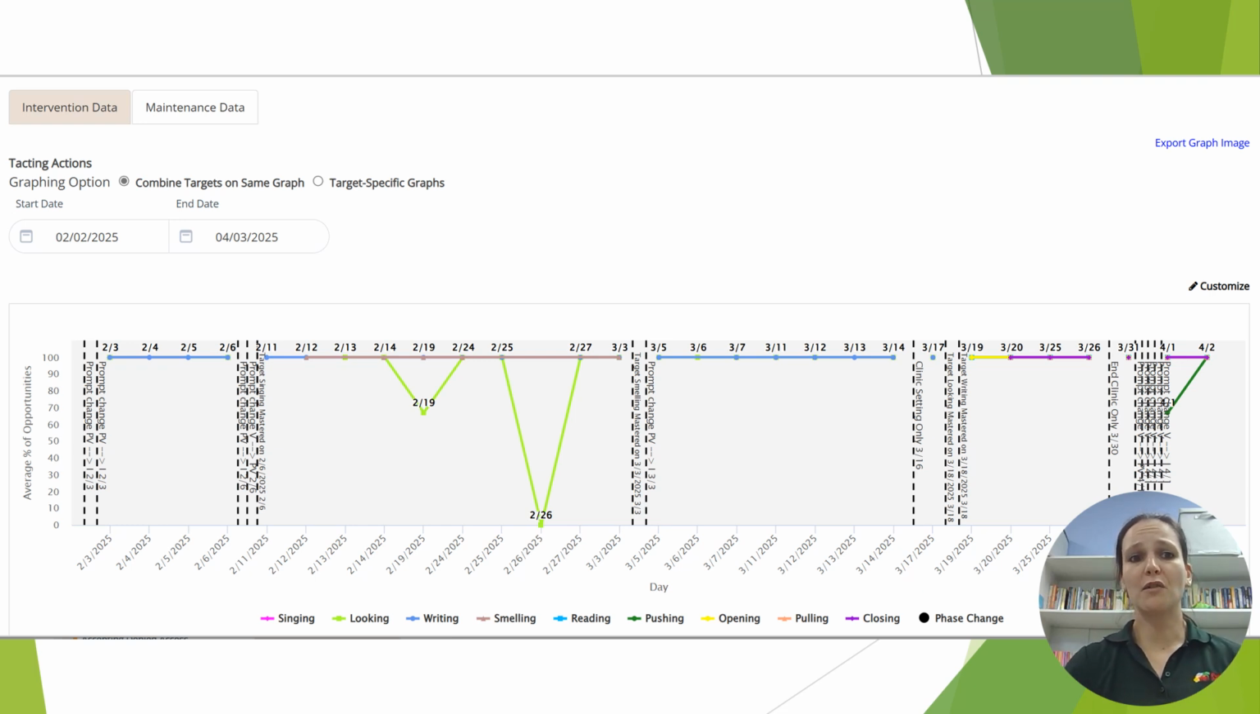And there's even an option too if you wanted to. So this one, as you can see, has the option selected to combine targets on the same graph. That's why we can see all of them. If you want to split it up, because that is hard to see, if you selected the option that said target specific graphs, that would show only one target per graph. So for instance, singing would be its own graph. Looking would then be its own graph. Writing would be its own graph. If you want to really break it down by target and see how your kid is doing with those specific